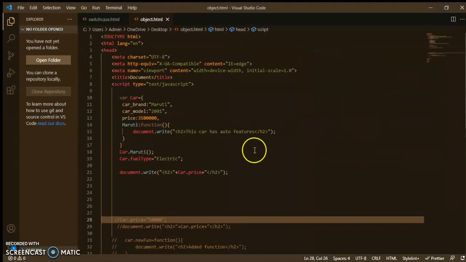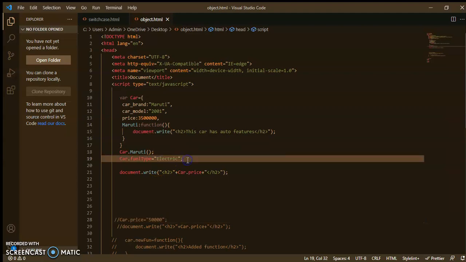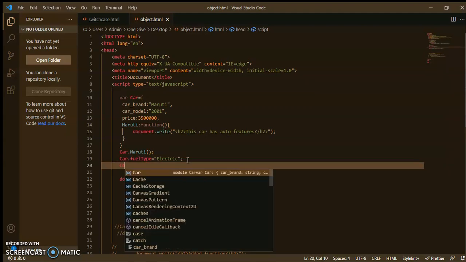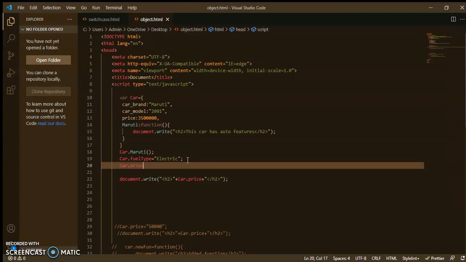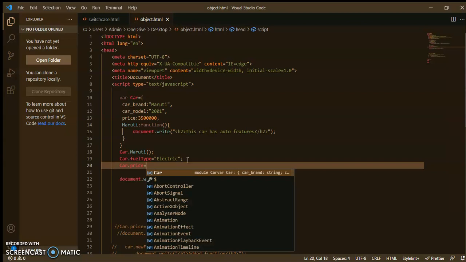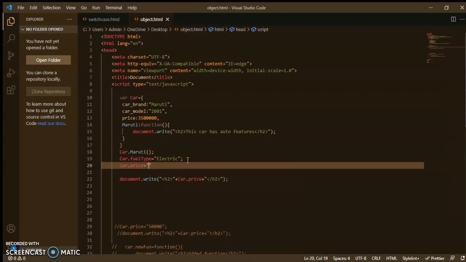But suppose I set car.price equal to a string, 50 lakh. Inside the object the price is different, but now I am using a string type here.